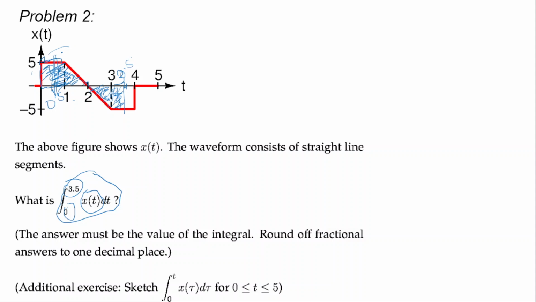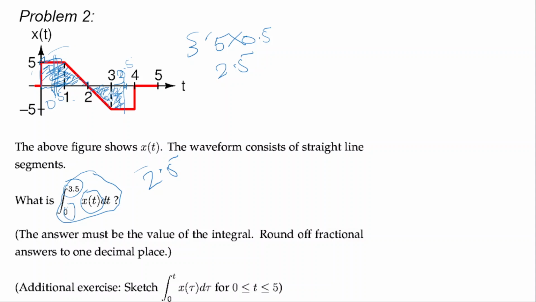Okay, so what will be the value of this area? So it will be 5 times the time axis. So it's 0.5, so it will be 2.5. So the final answer will be 2.5. Okay, so now